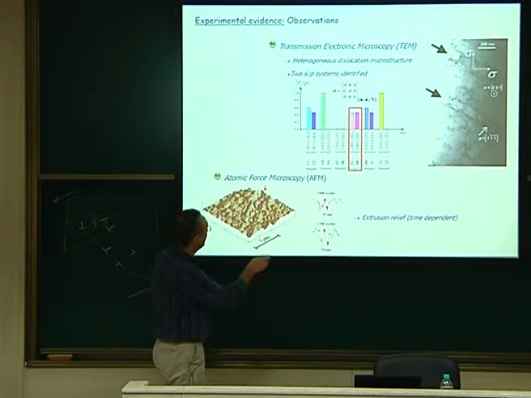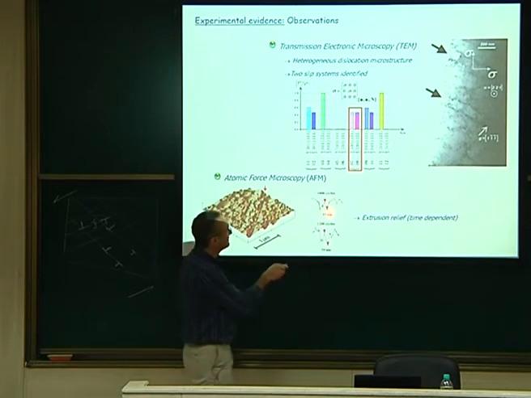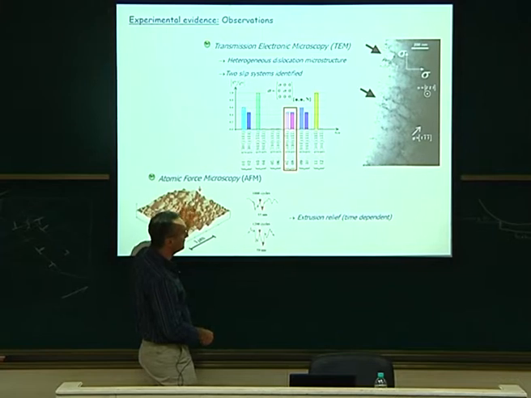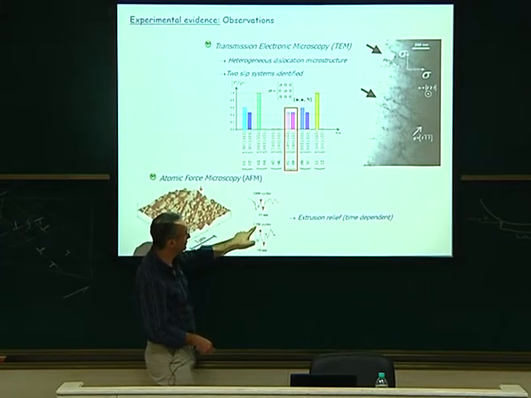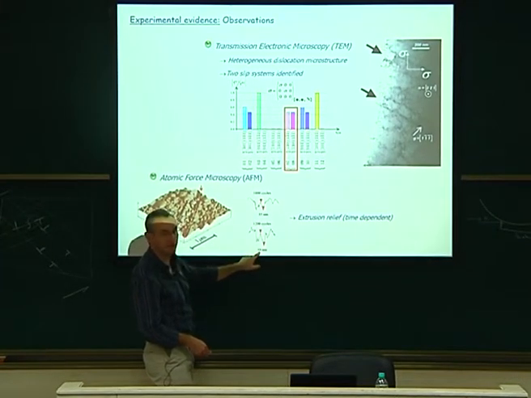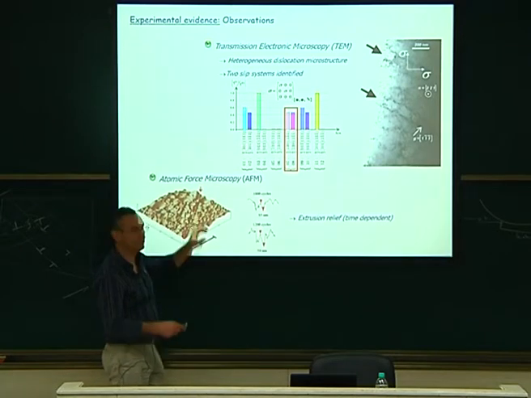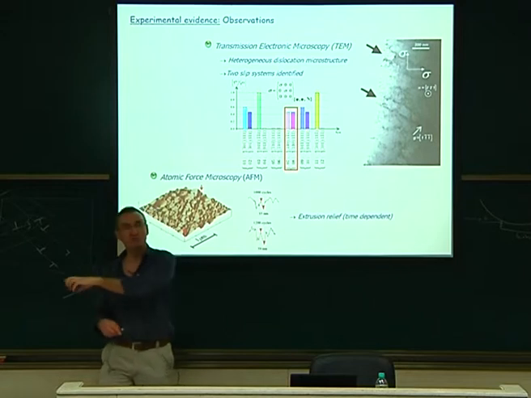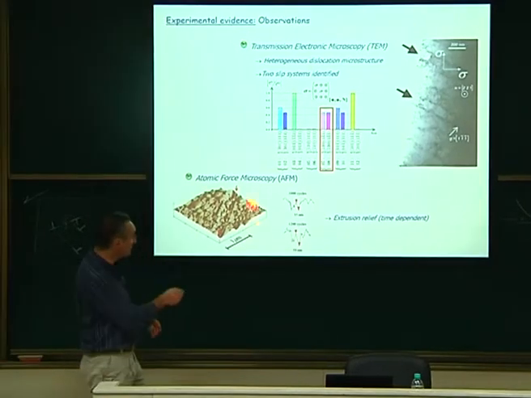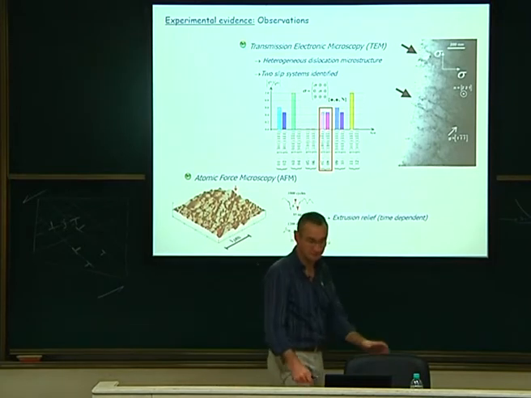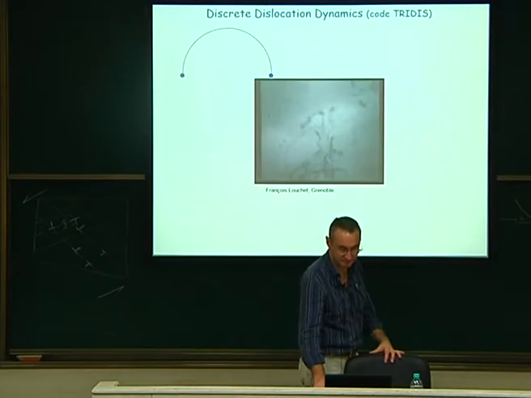And if you look at the profile along the line, you see that initially you have something like 35 nanometers height of the extrusion. And with the cycling, 200 cycles later, it's up to 59 nanometers. So it means that this thing is always increasing. There is an increase of this relief at the surface with the cycling. Okay? So something happened here. There's an extrusion relief which is always moving with time. It looks like it is bigger and bigger.